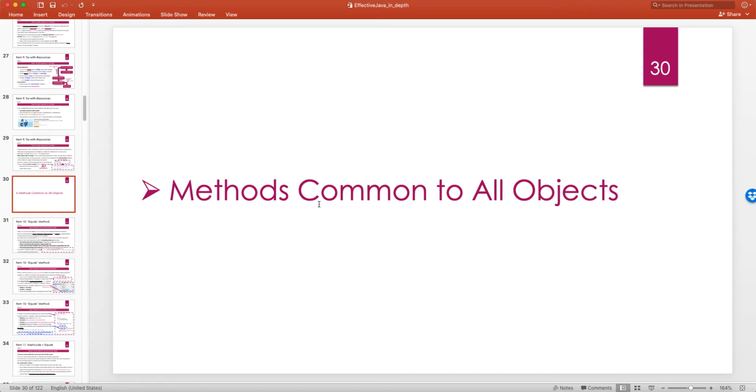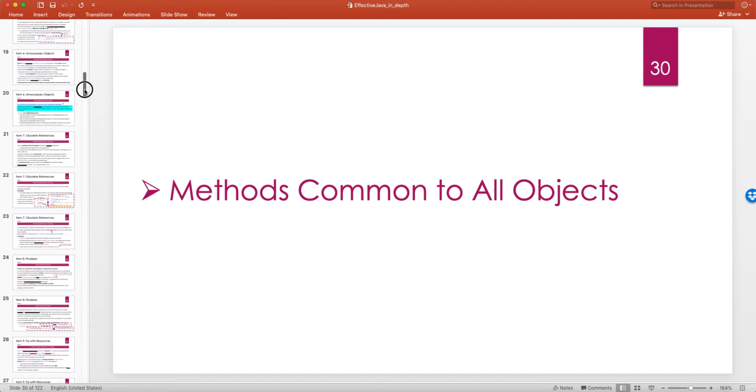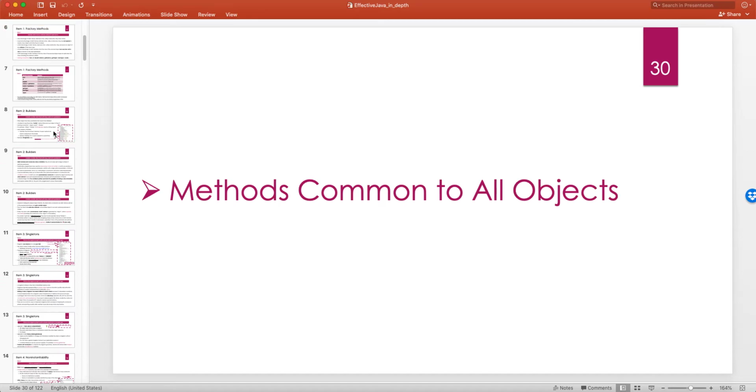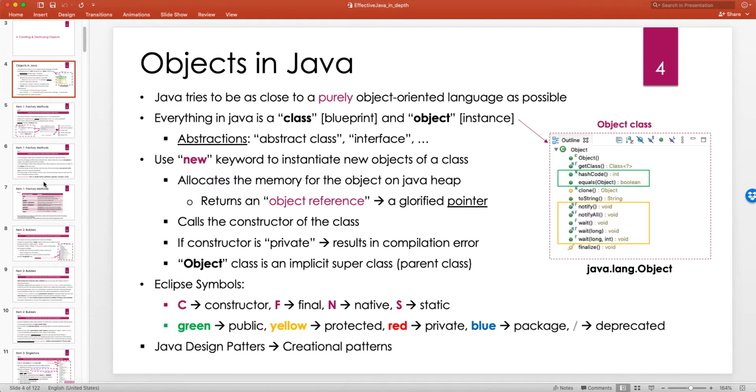Enums are special in the sense that the way they are treated in Java is a little bit different from a regular class. But besides that, all the regular classes that you might write are derived from the Object class. So if you don't extend any other class, implicitly your class will extend the superclass, which is Object. So if I go back and look at the Object class again,